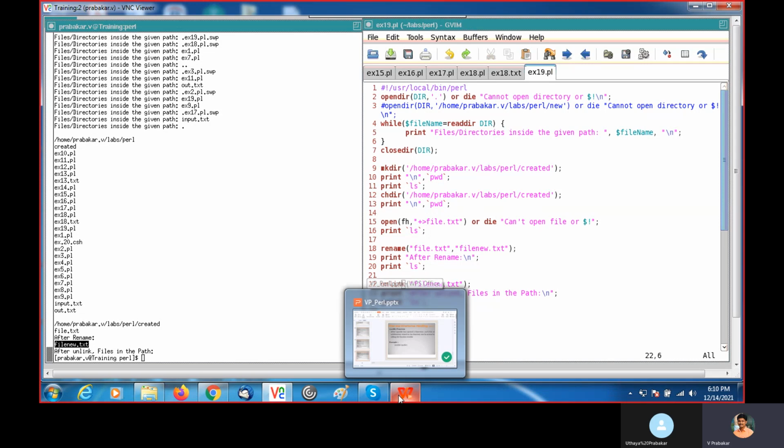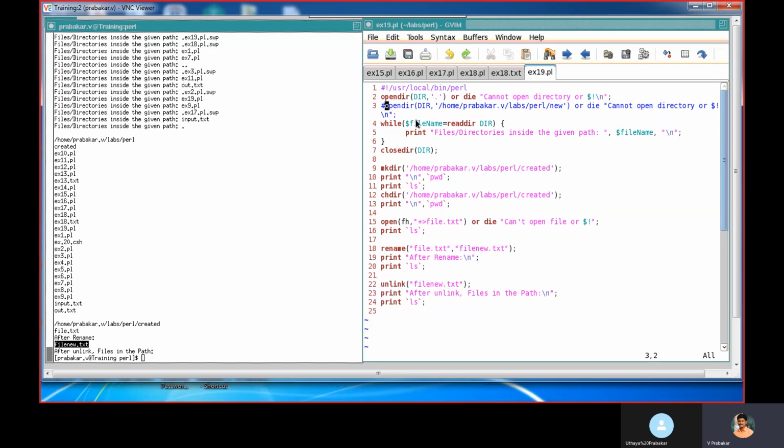Then here you see, I am opening a directory using this opendir, inside Perl new, but you see there is no directory named new.